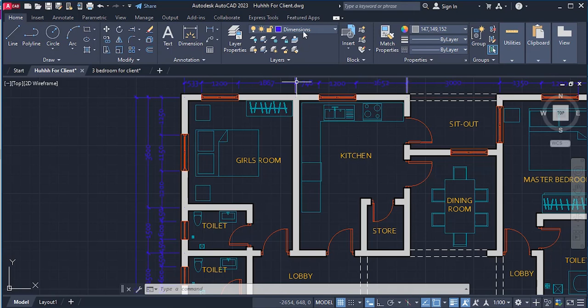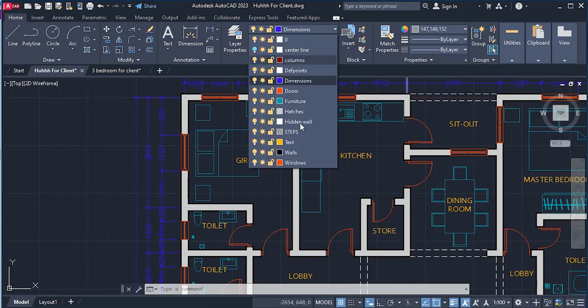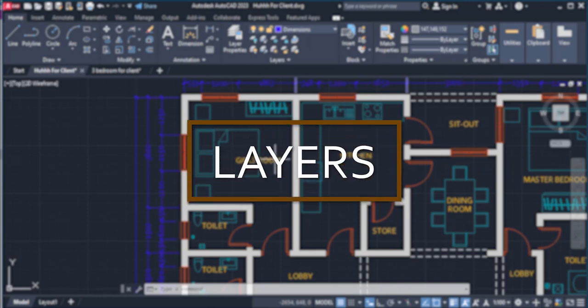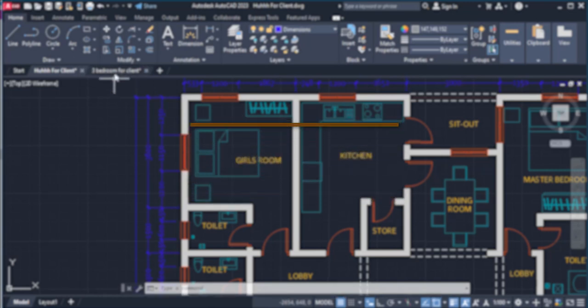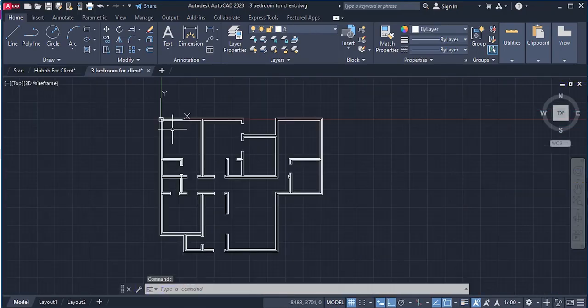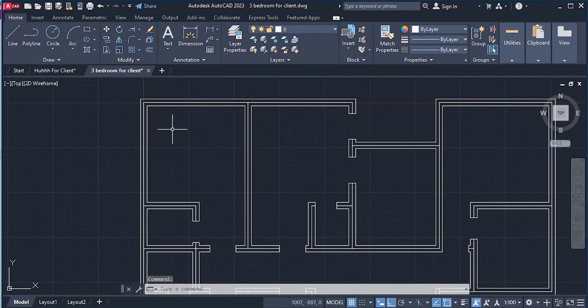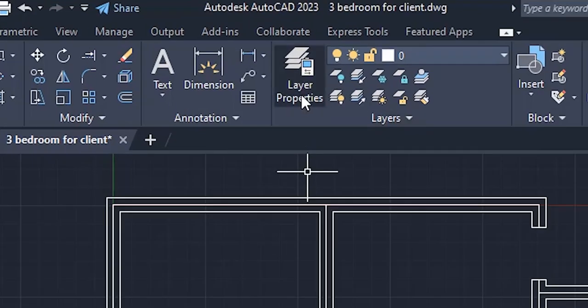As you can see in this drawing, I have quite a few layers. So let's create these layers. We are back to our flat drawing. Don't worry, we will do every single thing you're seeing in that finished drawing. Everything. Come up here to the layer properties, click once,